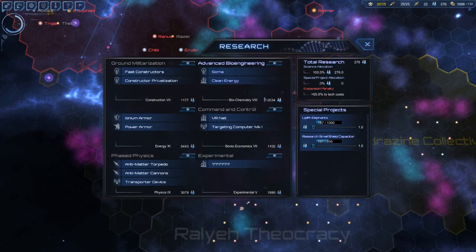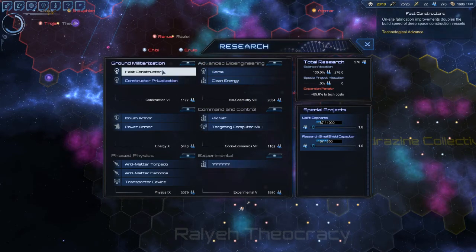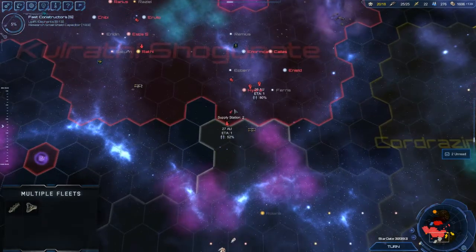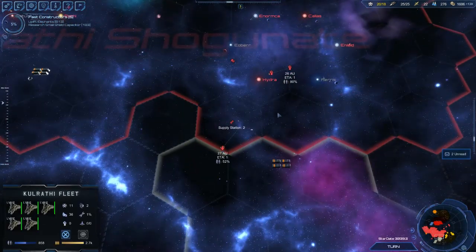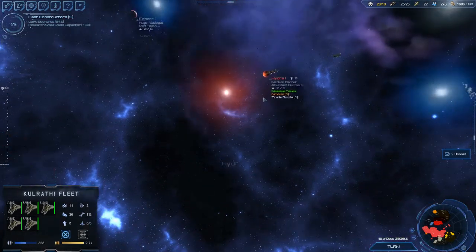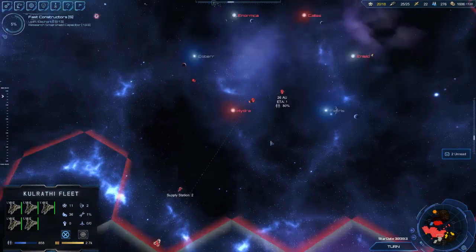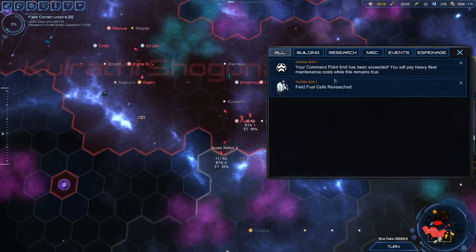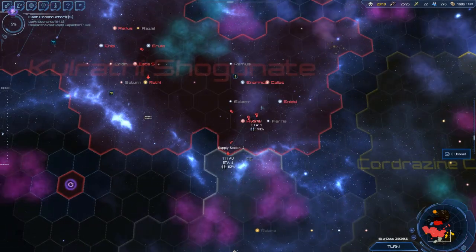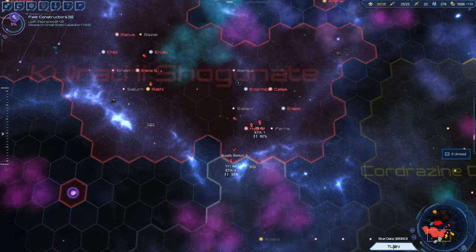and now let's go with, I think, fast constructors would be more useful than saving any fleet points, because we're increasing our fleet cap quite readily, so that's not too much of an issue. So yeah, command point, and okay, fine. So we know all of that, and this turn,